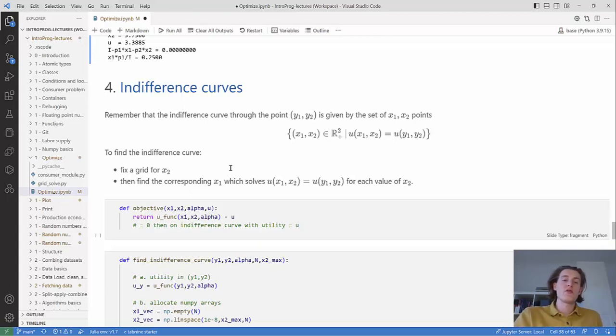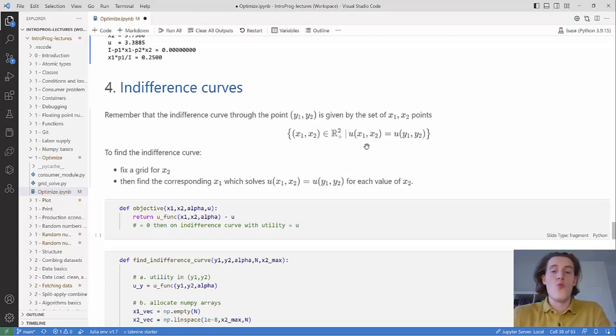So to draw an indifference curve, you need to solve the problem of finding all the combinations of x1 and x2 that give you the same utility. So we're solving the indifference curves for a given point of x1 and x2. We'll call them y1 and y2. And then we find all the x1s and x2s that give the same utility as the initial x1 and